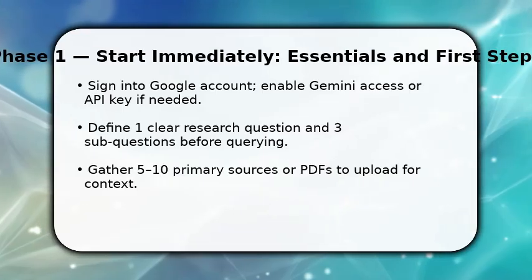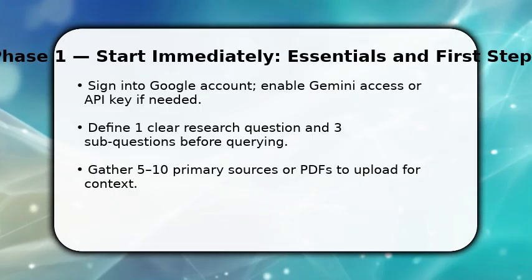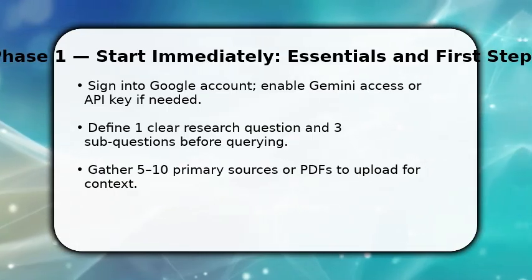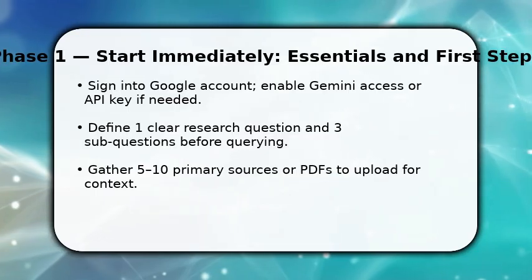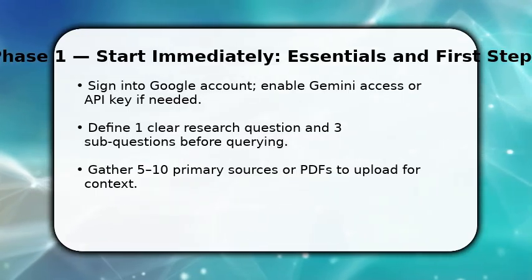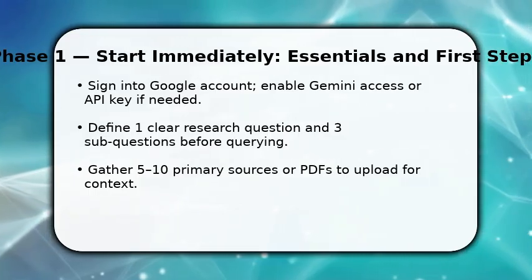You begin by locking in the essentials. Sign into your Google account and confirm Gemini access. Then state one focused research question and 3 sub-questions to guide the session. Once done, collect 5 to 10 primary sources, PDF, links, or notes, and upload them or paste excerpts so Gemini